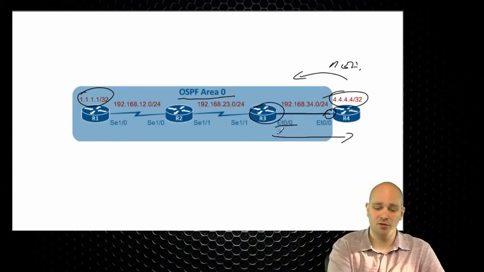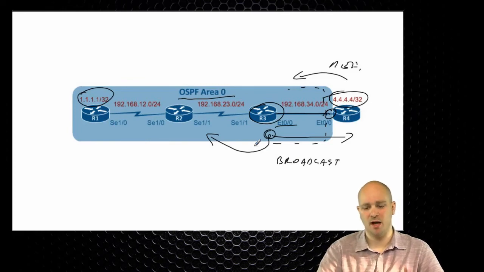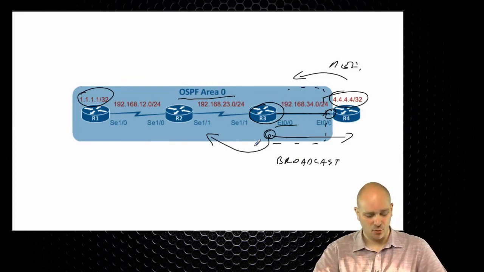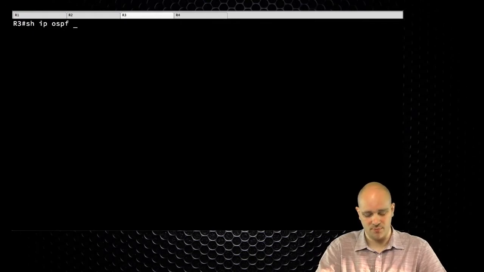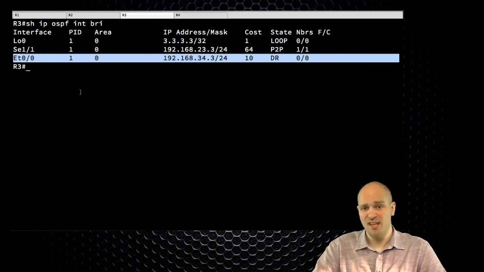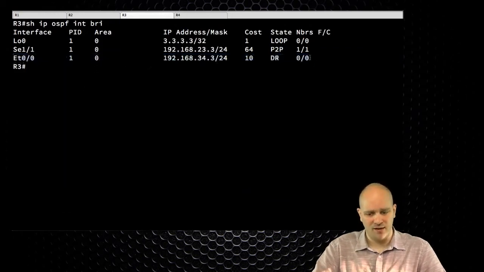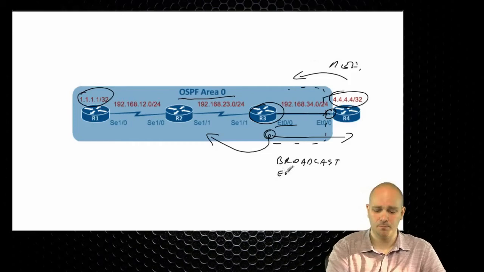This is R3. It's R3 who is actually redistributing the static route into the OSPF. This is an Ethernet interface, which means by default it is broadcast network type. Now we can see here on the diagram that there is this blue thing around this interface, which leads me to assume that OSPF might actually be enabled on that interface. And if I go to R3 and I say show ip ospf interface brief, I can see that on Ethernet 0/0, OSPF is indeed enabled. Now mind you, we have 0 neighbors on this interface, but that's irrelevant because OSPF is enabled